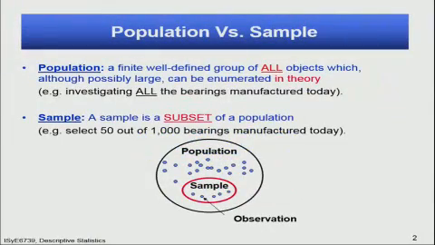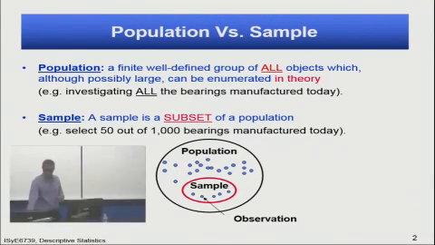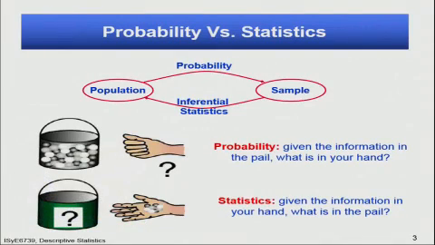Basically just a quick review. Population versus sample. So we usually cannot analyze the whole population. What we do, we take a sample and analyze this sample, which is a subset of the population. Okay? And basically, if we have information of the population and we want to make some inferences for the sample, then